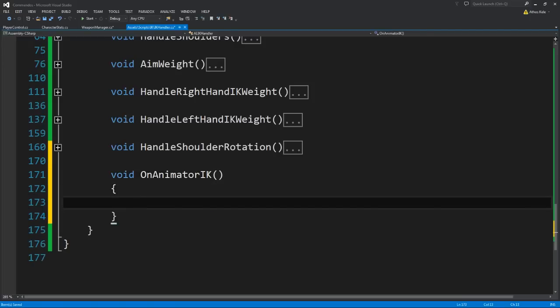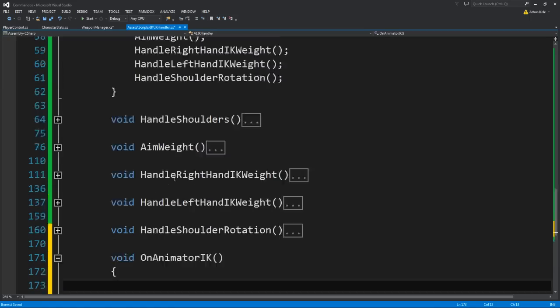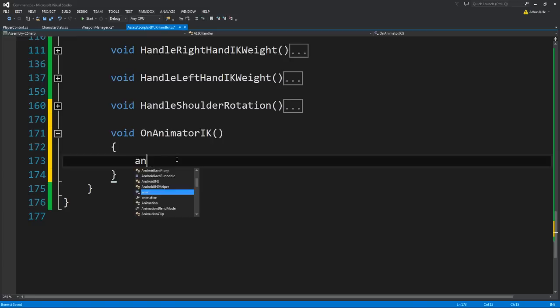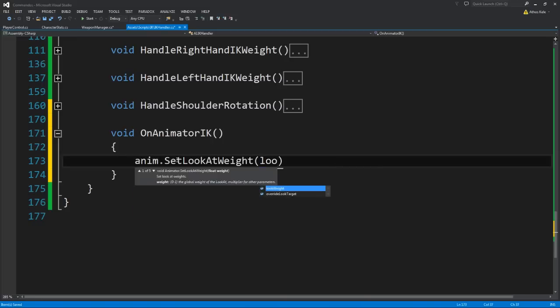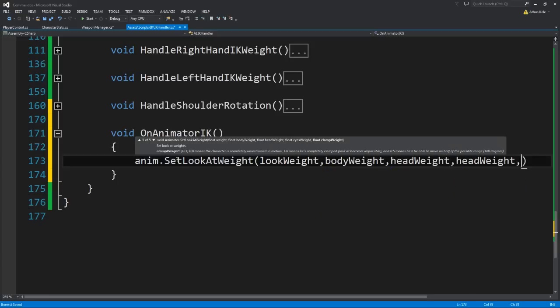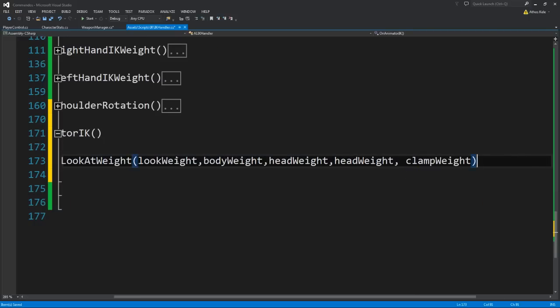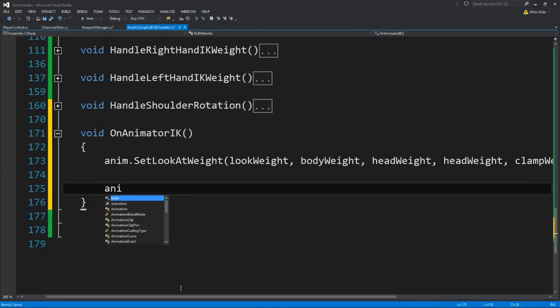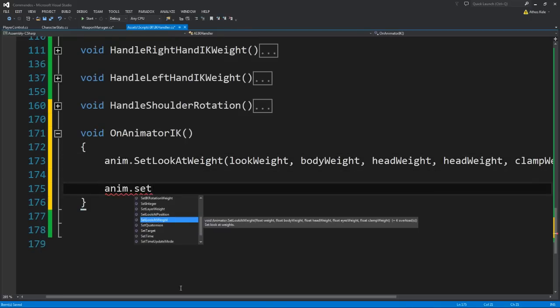So we have created all the references, we have created where we want to aim or not. We actually need to go and apply it to the animator. We need to set up the look at weight, body weight, head weight for the eyes, and a clamp weight if you want to. Now we need to set the look at position,